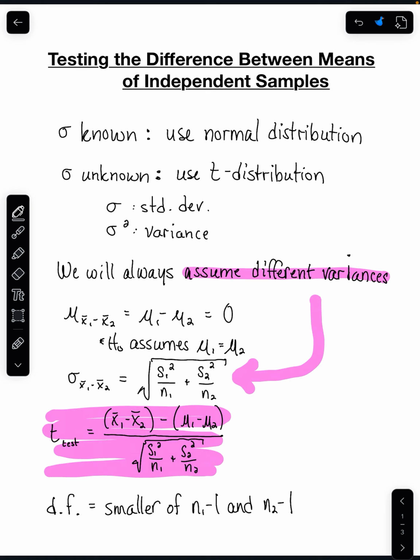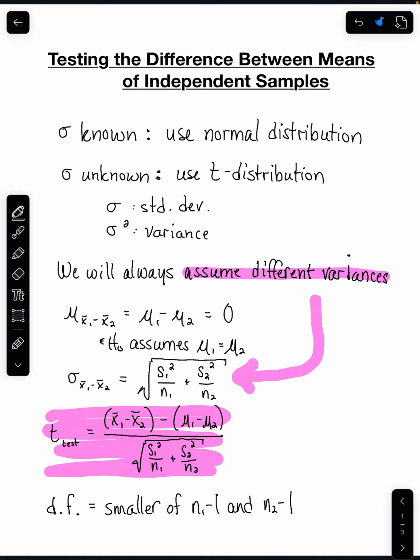Why the smaller sample? And why this simpler method of doing it? It's because the formula is very complicated, and because of that, it becomes very difficult to use. It's an excessive calculation. I'm not even going to show you the formula for it. So what we do here is make a conservative estimate of the degrees of freedom by using the smallest